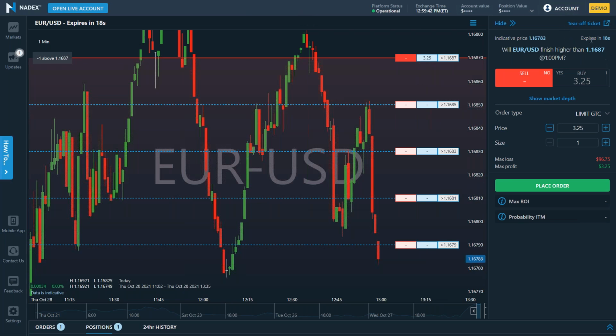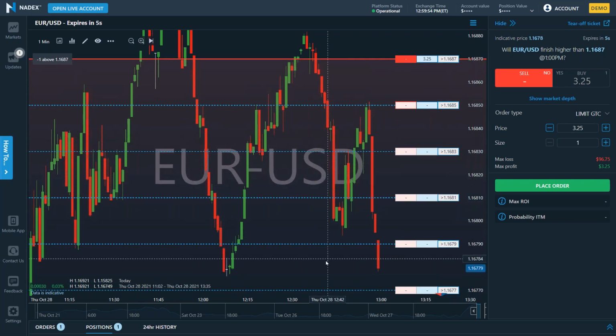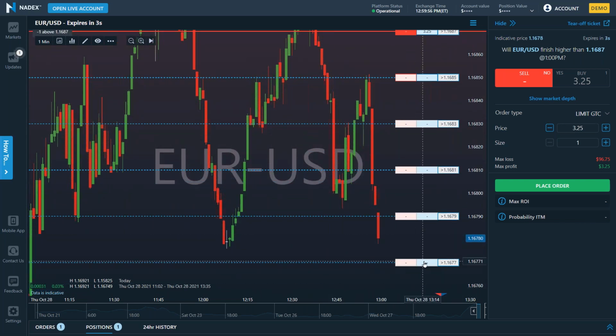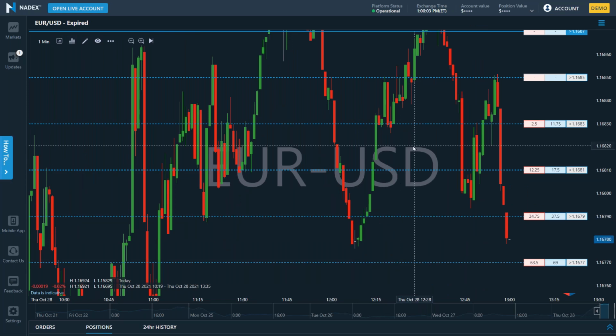Everything sort of went blank. Notice that with 20 seconds to go. And it looks like as we watch this continue to tick lower, every one of these is going to settle at zero. In fact, there's another. And there was one way down here, which might be the only one that finishes at 100. There it goes. It expired. It's done. Notice that contract's gone.